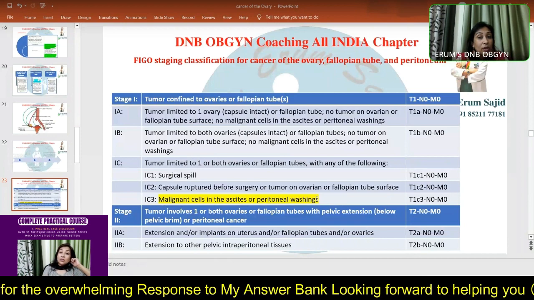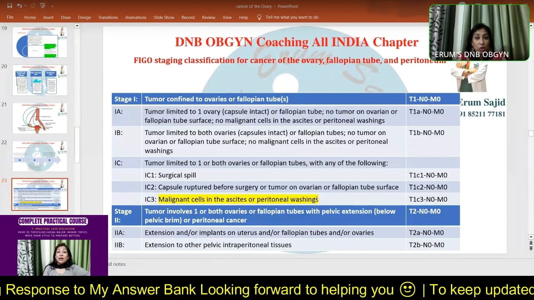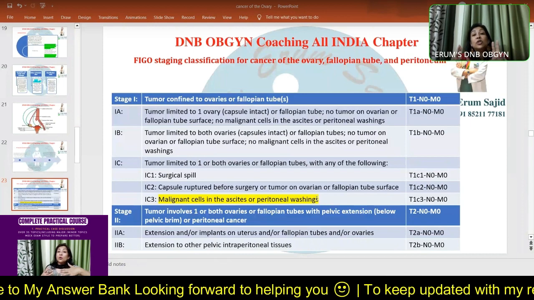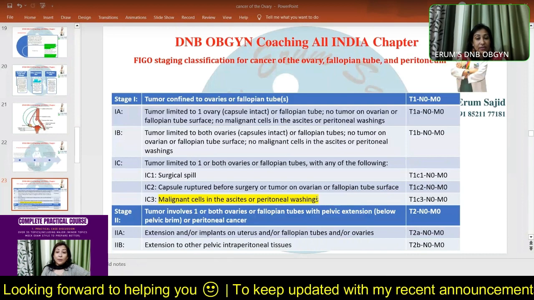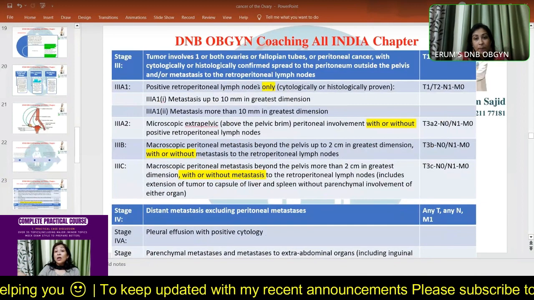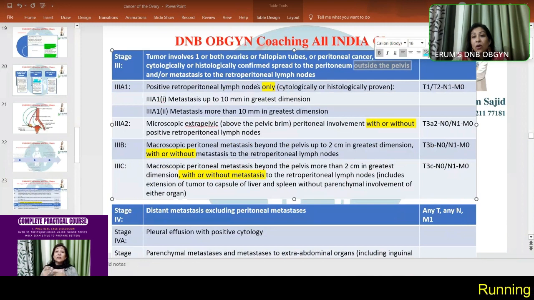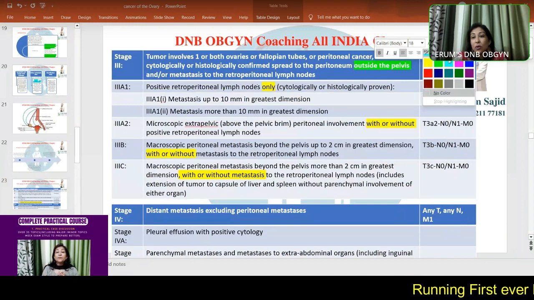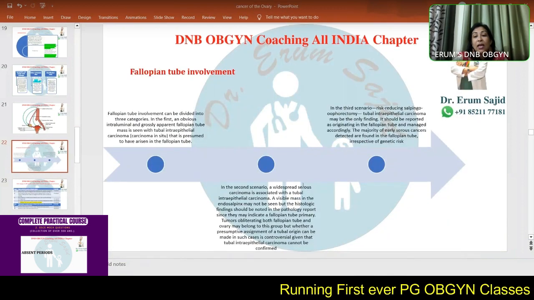I'm not talking about retroperitoneal lymph nodes. It's again the pelvic extension of the tumor. So that means stage 2 is when it's limited to the lower part, the pelvis. What is stage 3? Stage 3 says the entire thing, but now outside the pelvis. I'll mark these things for you. Okay, let me take up a bright one. Yes, outside the pelvis. This says